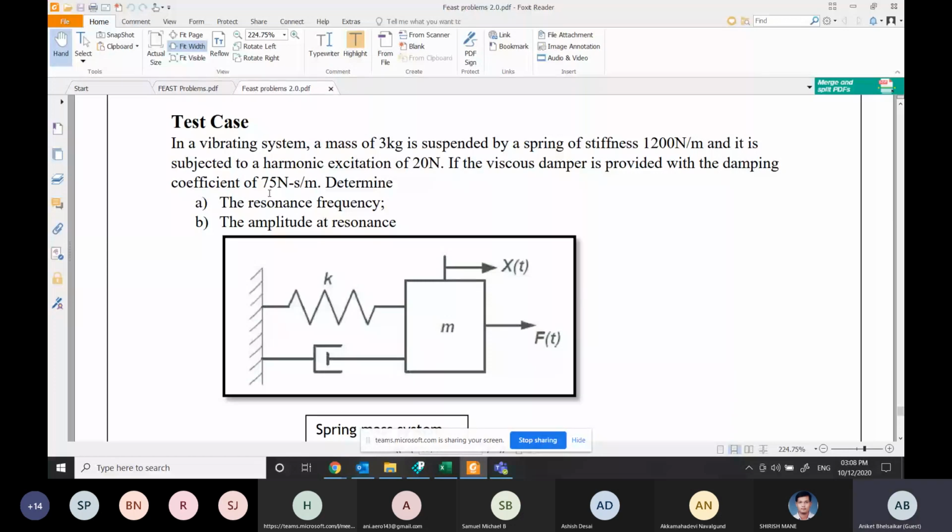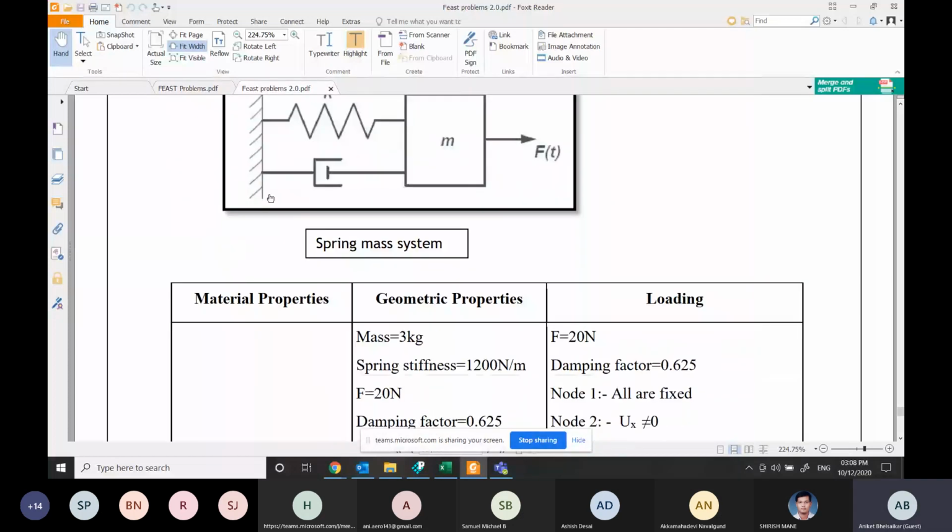As you can see, we have the spring element here, we have mass, and some damping value is there. This damping coefficient, that is Cc, is given to be 75 newton second per meter.